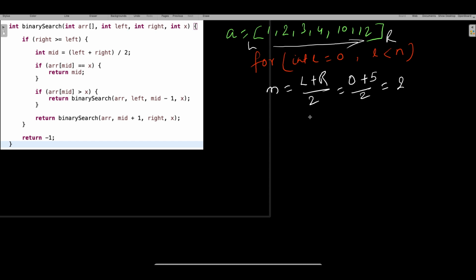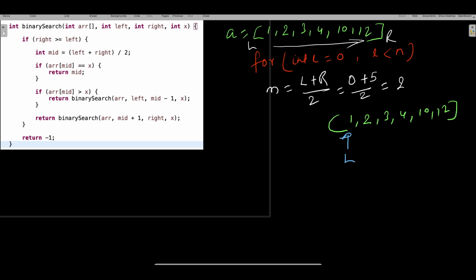So guys, if I rewrite the array again, it is 1, 2, 3, 4, 10, 12. Now focus here.